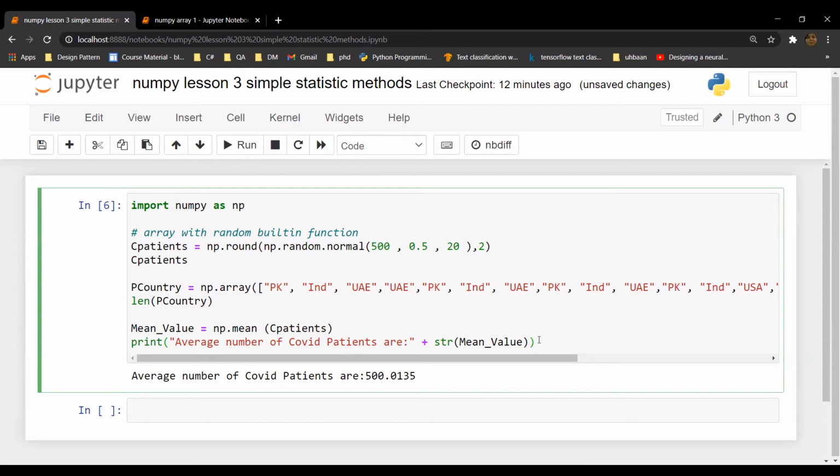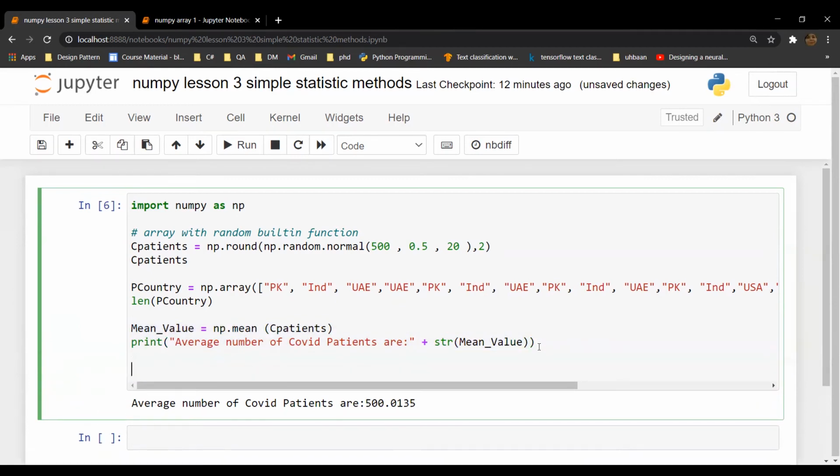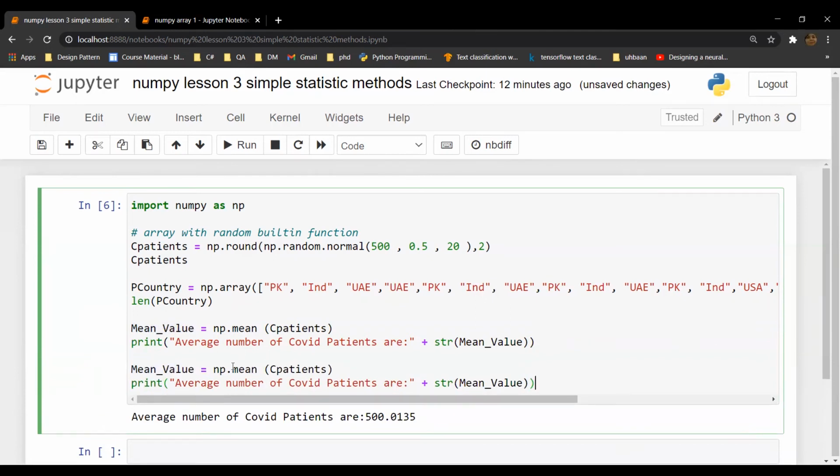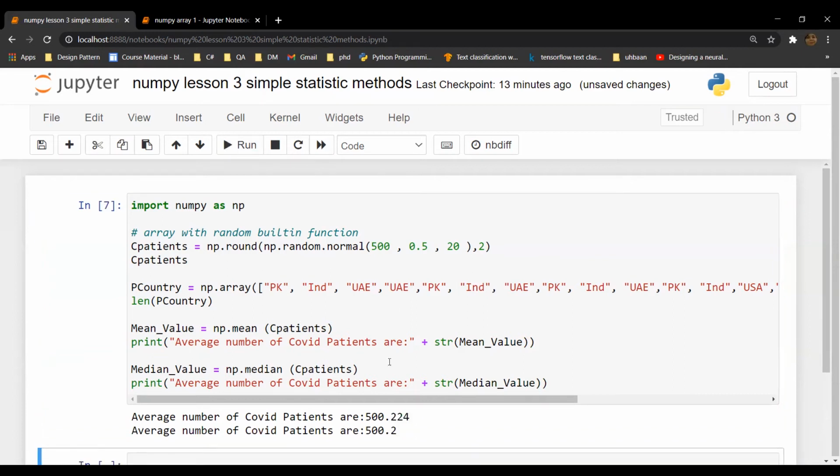So if I want to see the median, I will use the same syntax for median. np.median, and it is showing me the median of my COVID patients.